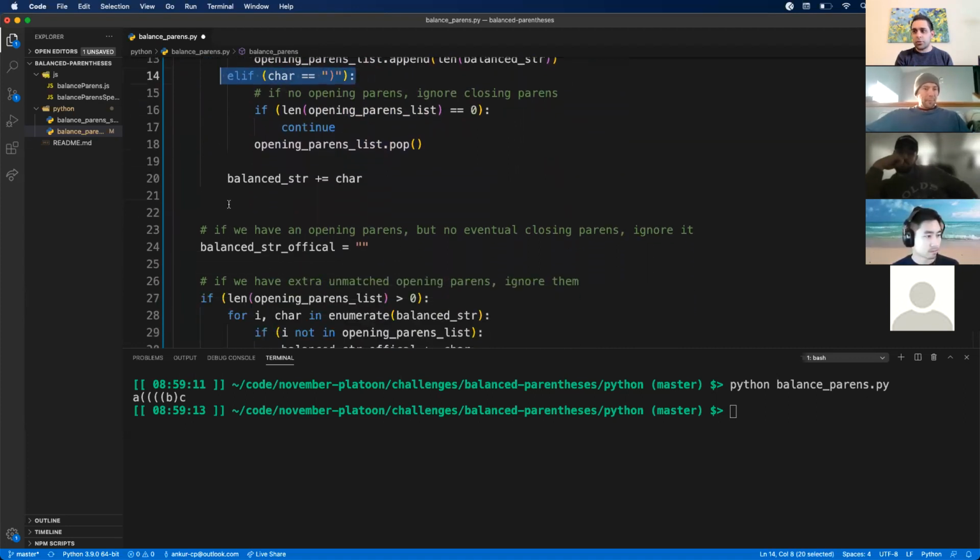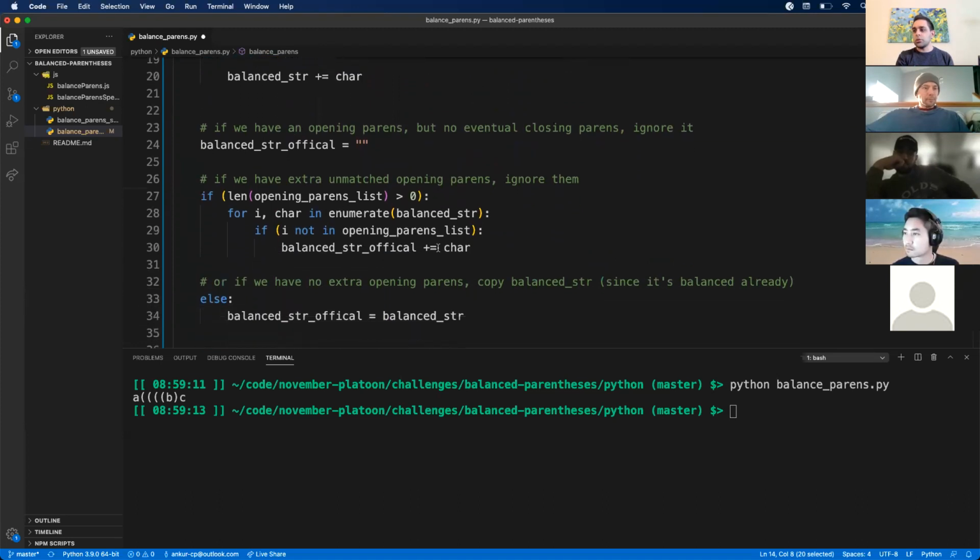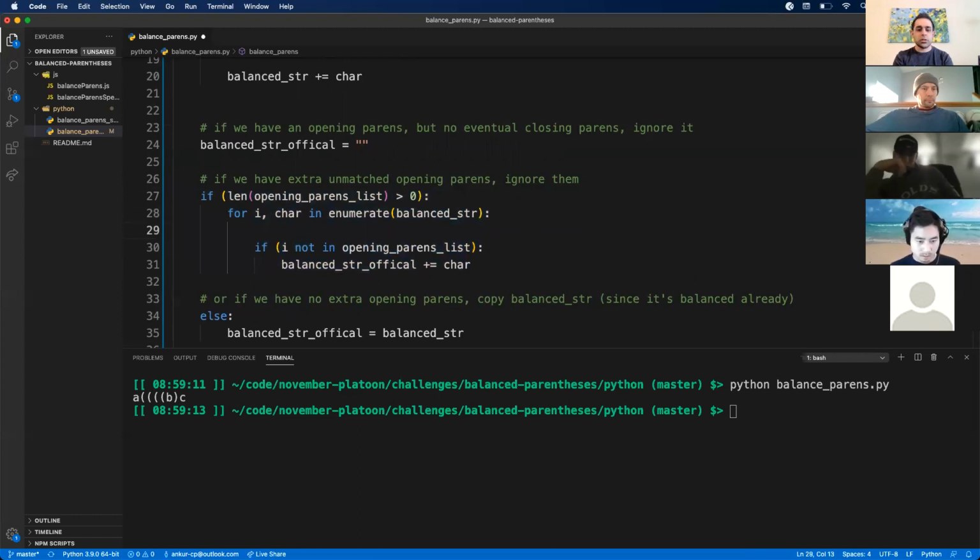And then after we finish the initial for loop, we do something extra. If we have extra opening parentheses, we go through the string again and drop all the extra opening parentheses via this line. So let's add a comment here. Add all characters that are not in the